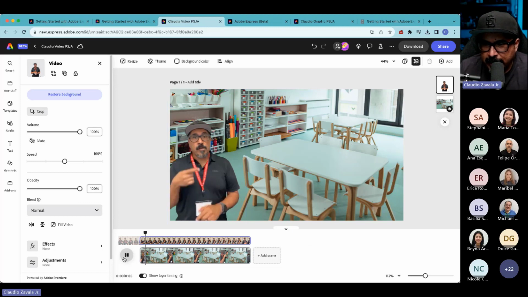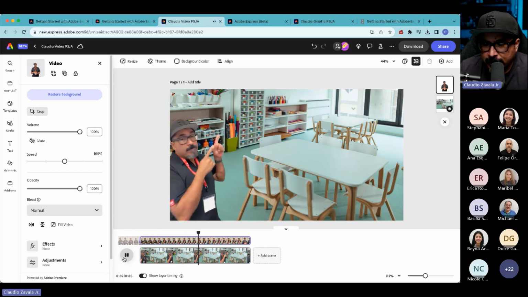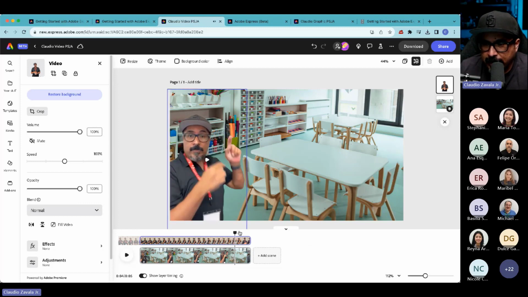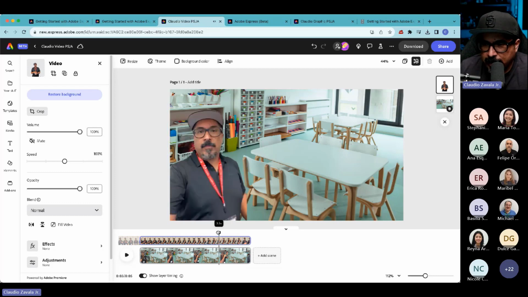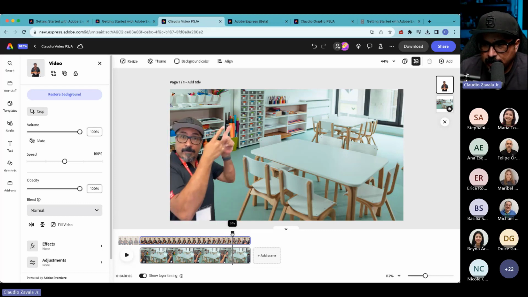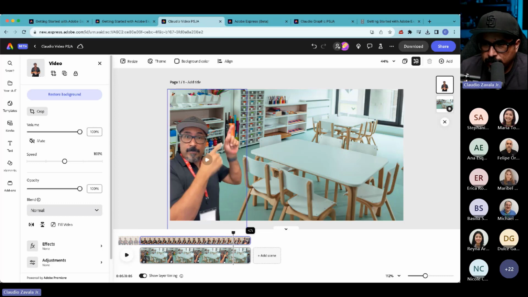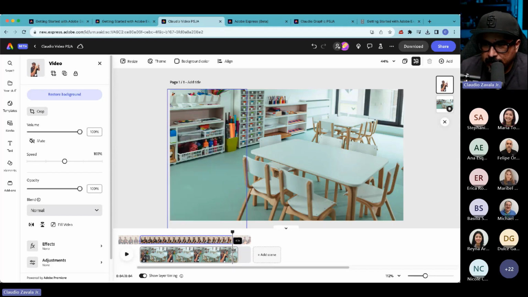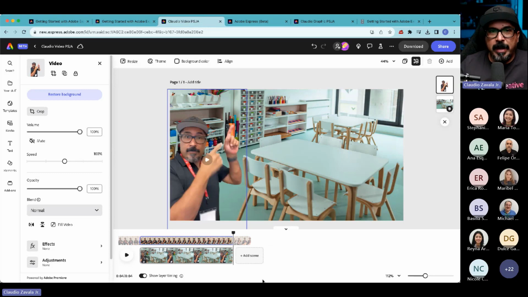I'm going to do the same thing here. So now when I hit play, okay, and then I start to walk out here. And then I'm going to trim it right there and do the same thing here. So basically, what I'm doing is cutting off the ends. So now when I hit play,